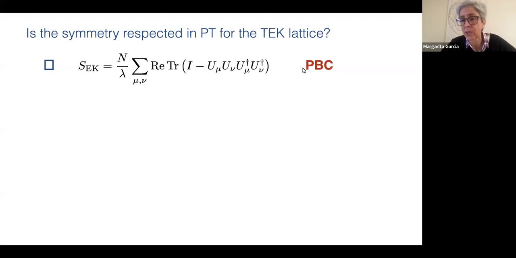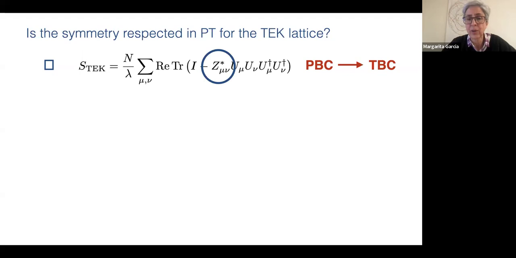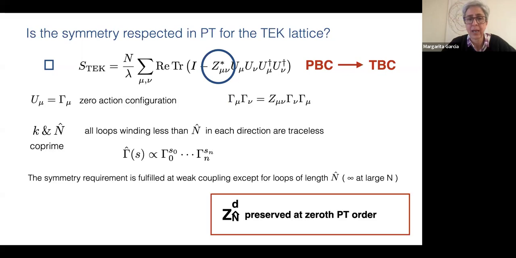So now we are going to implement twisted boundary conditions on this lattice. And there is a change of variables that allows us to do it in a very simple way. The only thing one has to do is multiply the plaquette by the twist factors in this way. And then it's very simple to see what happens in perturbation theory. If you look at the zero-action solutions for this model, given that the twist matrices satisfy this condition, it is trivial to see that taking U mu equal to one of these matrices gives you a zero-action configuration, okay?